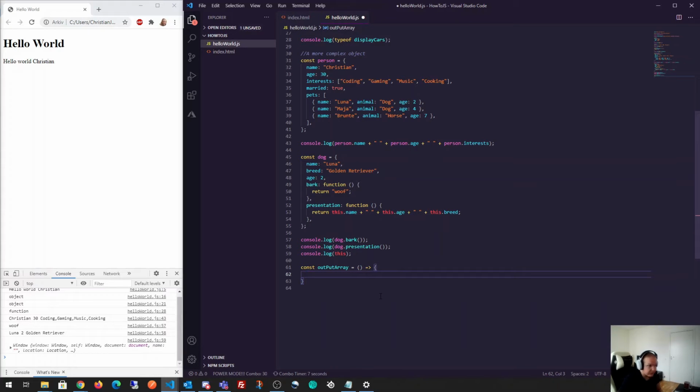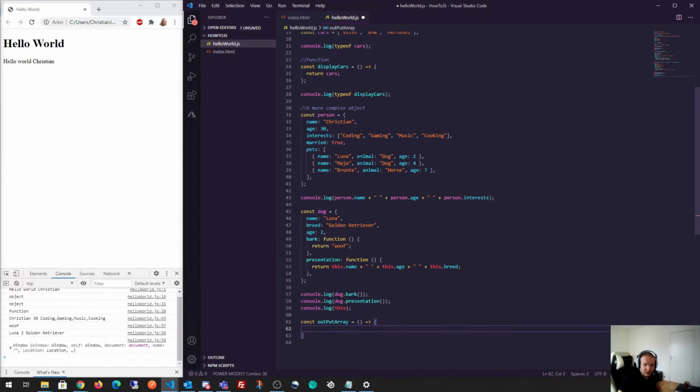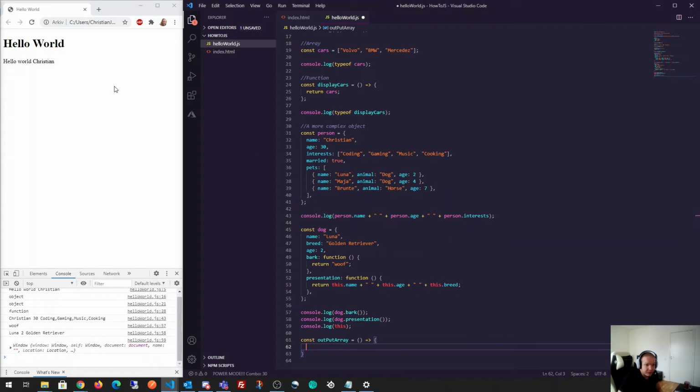So this is a function, and what happens when this function gets called is that it's gonna take this array up here of cars that we have created previously and print the cars out here on the screen